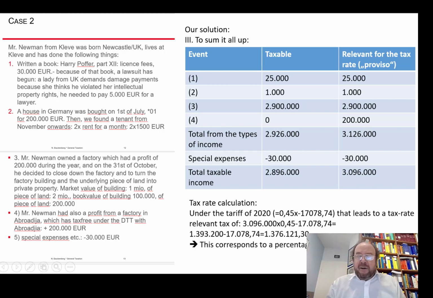This was only calculated to find out a percentage. How many percent of 3,096,000 are these? This is 44.44836. That is the percentage which is then to apply to the taxable income, the total taxable income at the